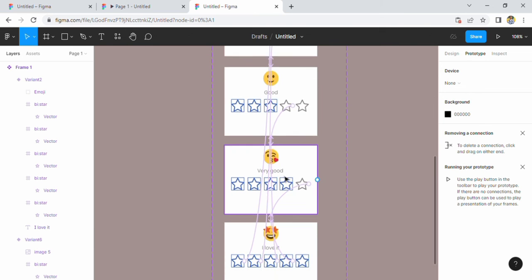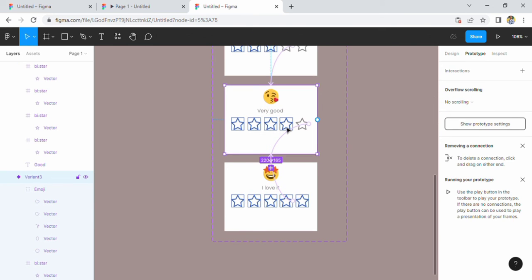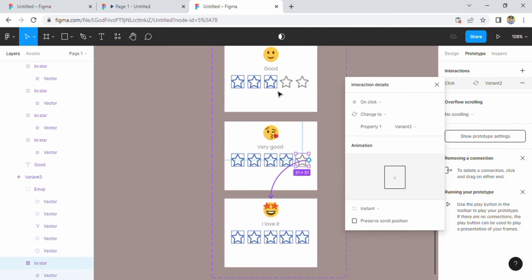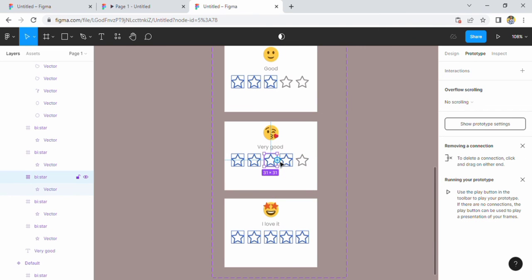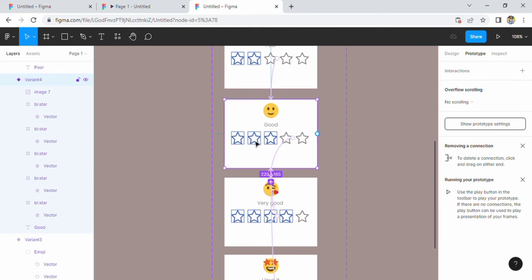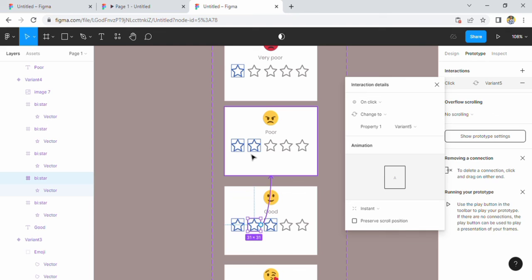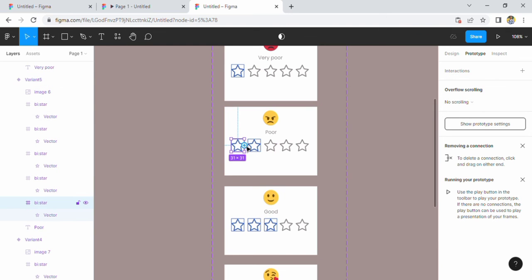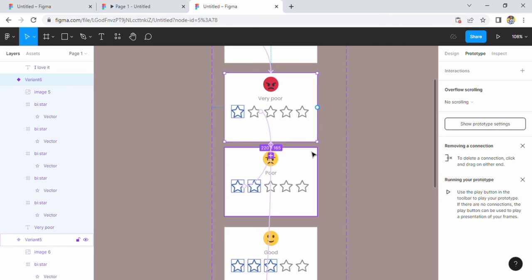So for this too, let's see, if I click the 3rd, then for this I want to click the 2nd. If I click the 4th, for this I want to click the 3rd. So prototyping the 3rd, going back to this one. Then for this, if I want to click the 2nd, prototype this going back to the 2nd. For this, if I want to click the 1st, prototype this going back to the 1st. So I think we should now